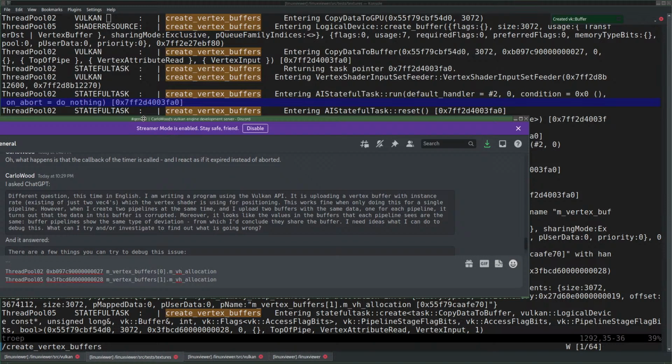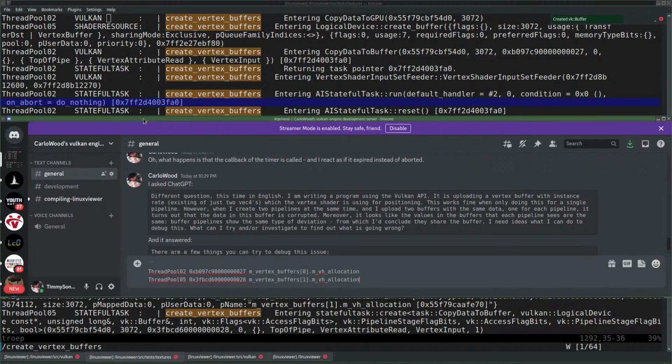So I think they use the same buffer. Moreover, it looks like the values in the buffer that each pipeline sees are the same. But type of deviation, from which I would conclude they shared the buffer. And the idea is what I can do to debug this, what can I try and investigate to find out what is going wrong. And then ChatGPT says, well,